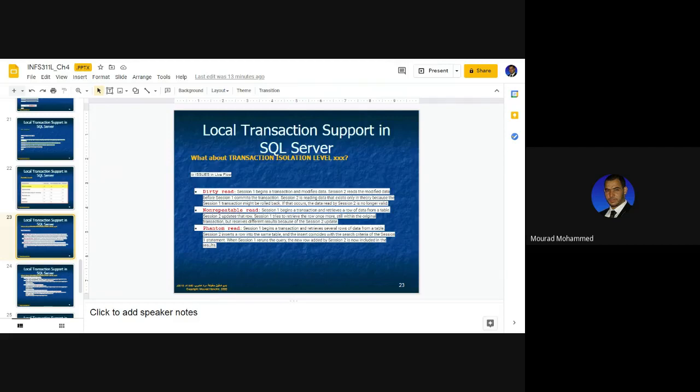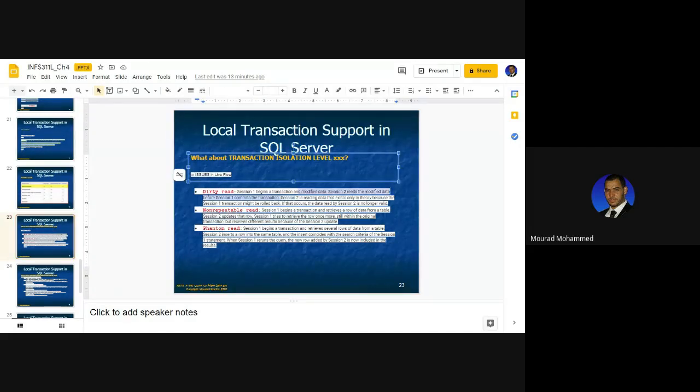Dirty read. Yes, here it is. So this is due, as per an example, to the rollback commitment. And this issue might happen